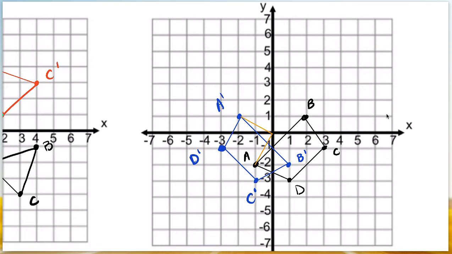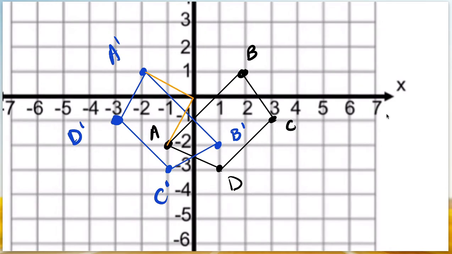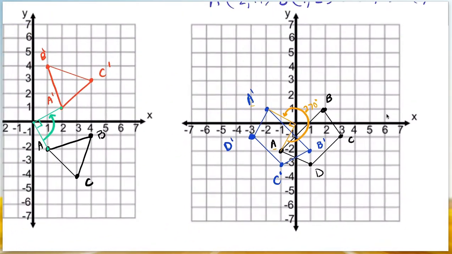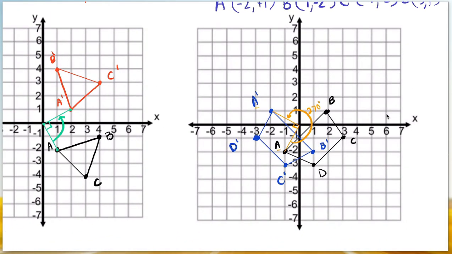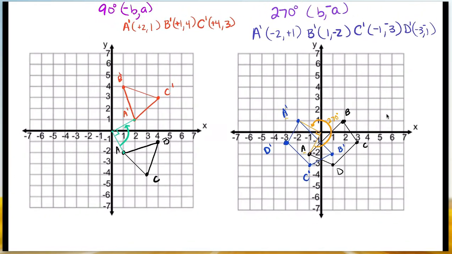It looks like 90 degrees, but keep in mind that we want to start at A and go to A prime. So it's really going like this. And so this is a 90 degree, but that means that this is a 270 degree angle in the counterclockwise direction. And you can use patty paper and check your rotations and make sure that your shapes are still congruent,